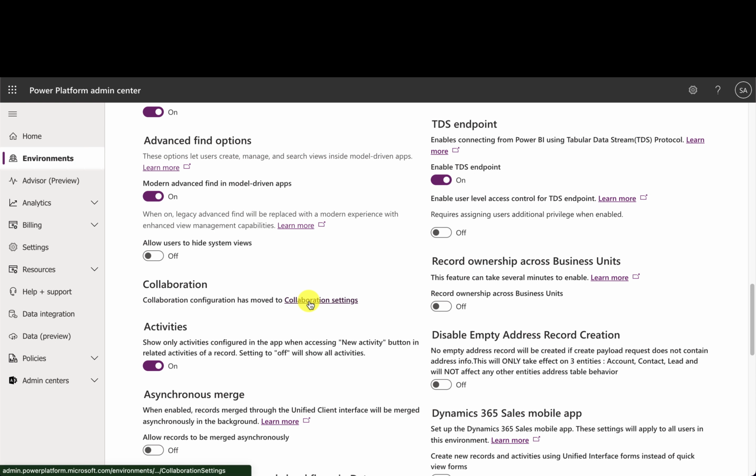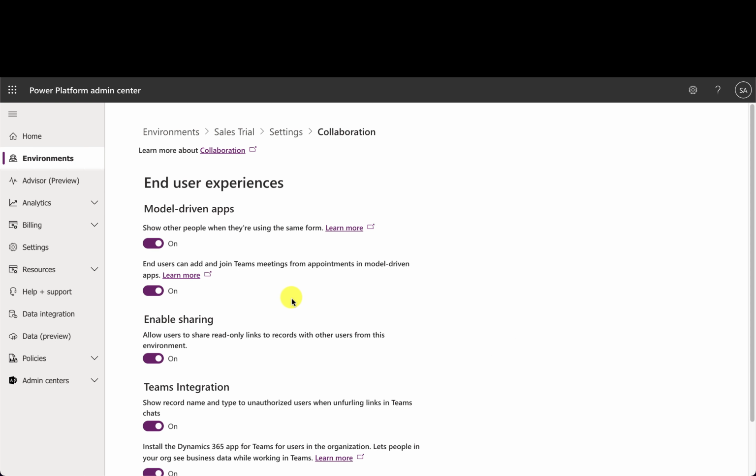So let's go to collaboration settings and see. So under end user experiences here in collaboration, we can actually see that end users can add and join Teams meetings from appointments in model-driven apps. That's already switched on, so that's great, but you would just want to double check that. And then you can have a look at some of these other settings. So you're all set up from there.